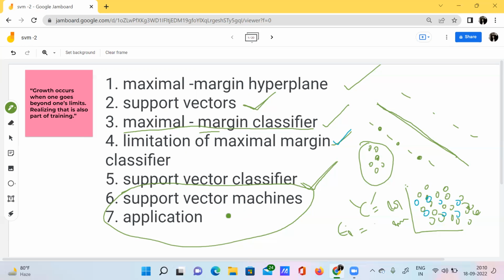So just take some screenshots, or no worries, I can share the entire file in my description. If you watch the entire video with focus, then you will definitely be able to understand what I'm trying to say. After that, you can go through these particular slides.